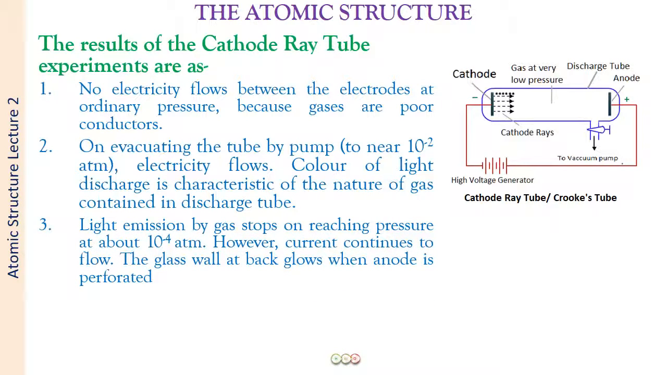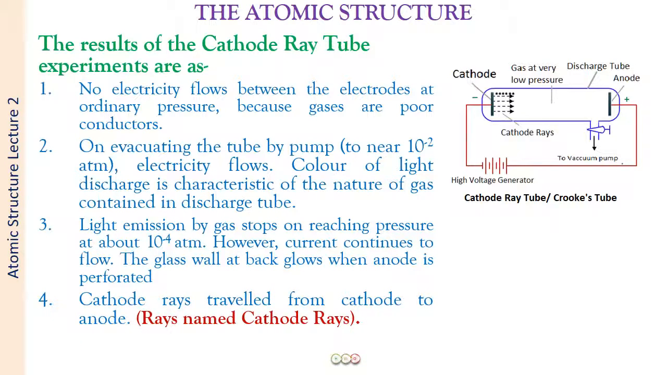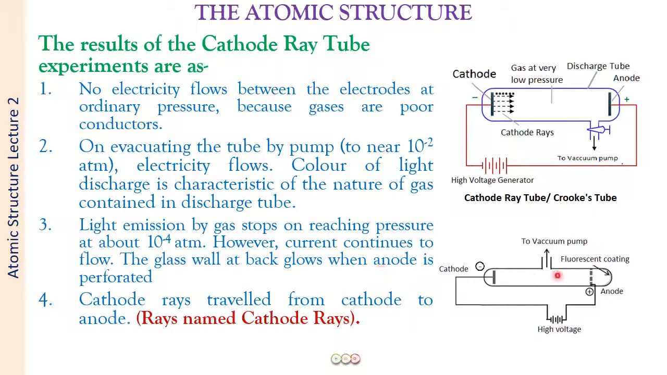Then the pressure was reduced further to 10 power minus 4 atmosphere. At this very low pressure, the current continued flowing, but the light emission stopped. What happened was that the glass wall at the back glowed when the anode was perforated. So here we have a perforated anode, and the glow was seen at the back of the anode. The light from the cathode traveled, crossed the perforations in the anode and reached the